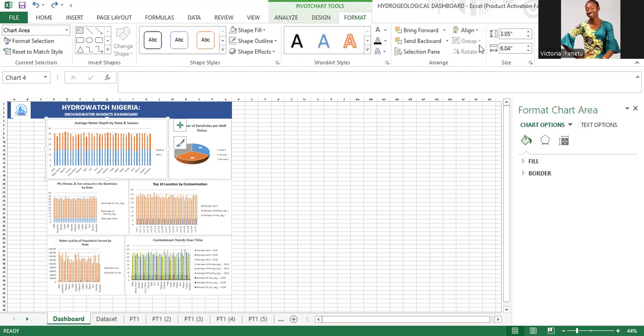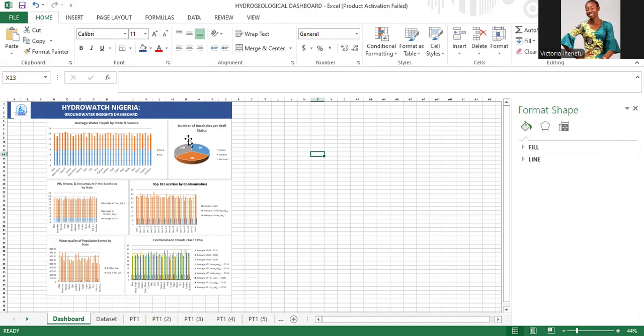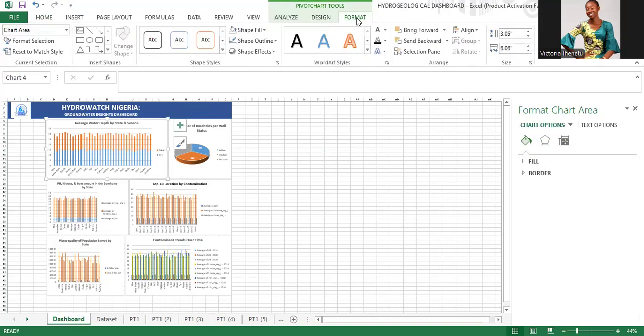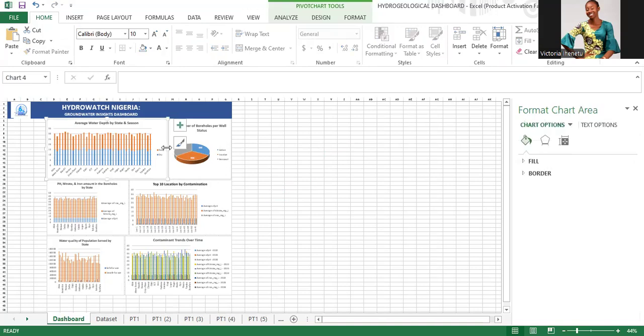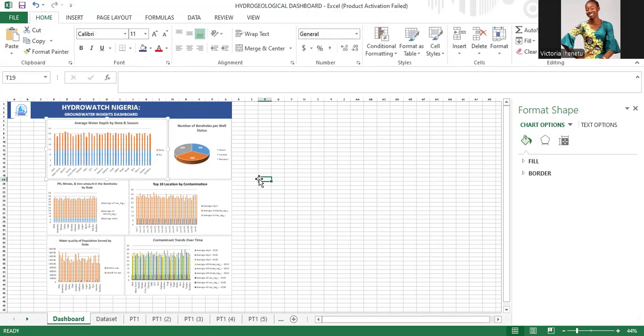So increased utility. So the next thing is for us to